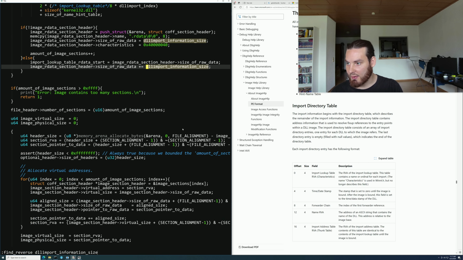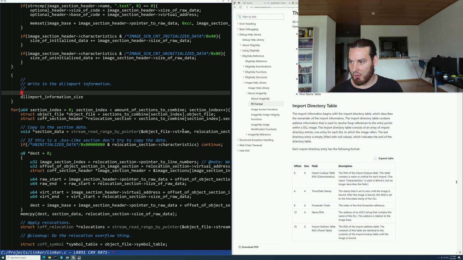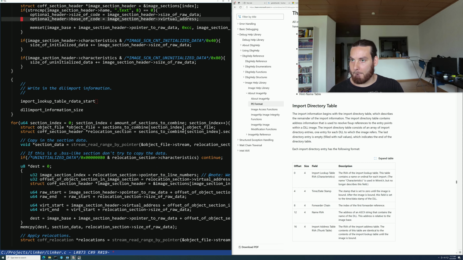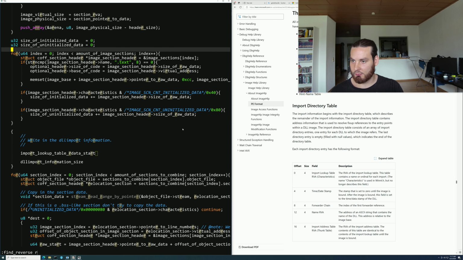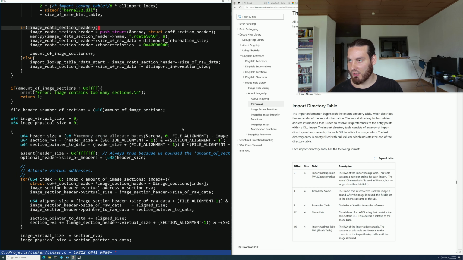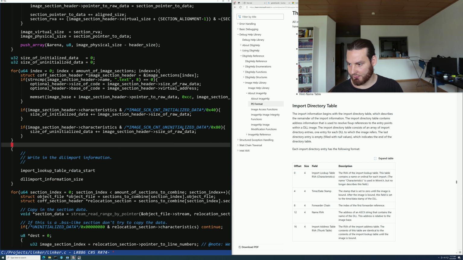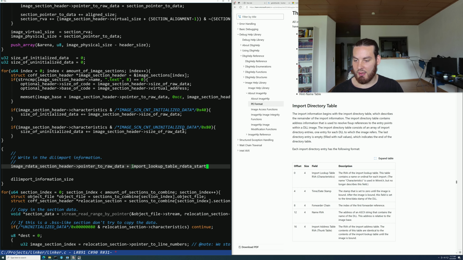Search for that again though. We need the offset. So import lookup table rdata start is what we care about. And we also have the rdata section. Image rdata section header. And so this has a pointer to raw data on it. It's just the offset in the